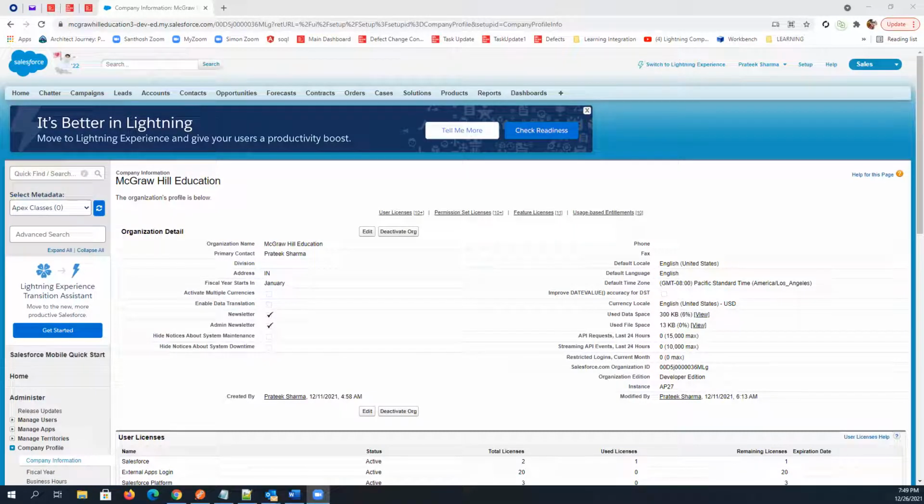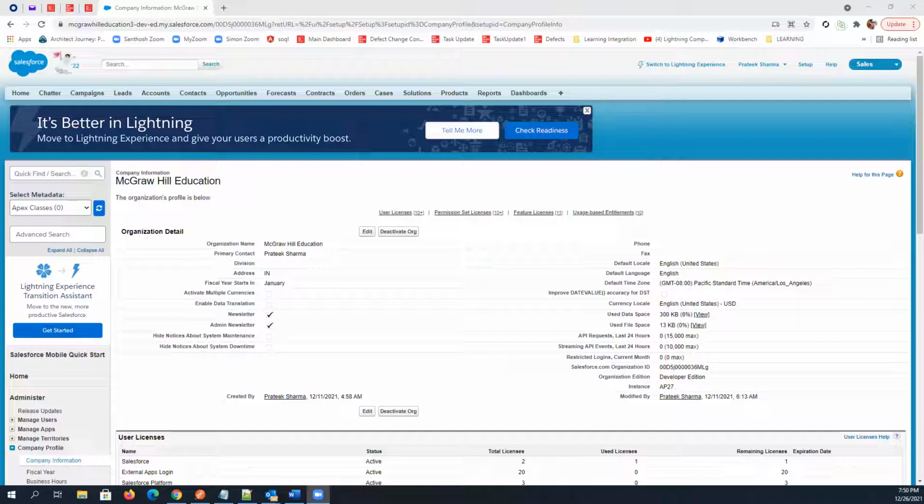Similarly, this software's structure is your metadata, like objects, everything that you can see in the software except the records. And the records, the data that you are creating in this org, are called your data.